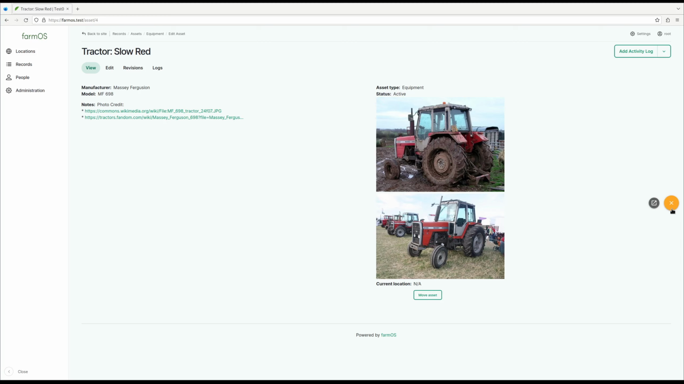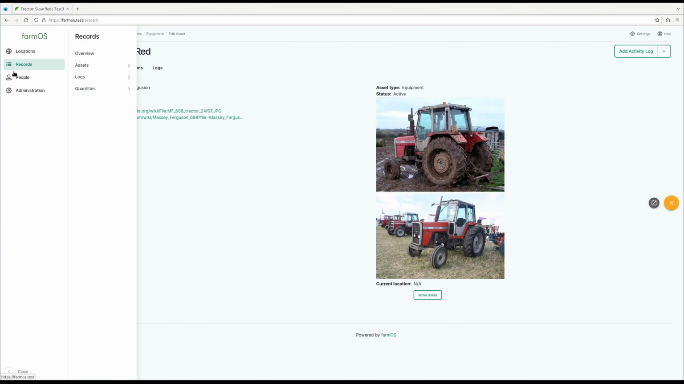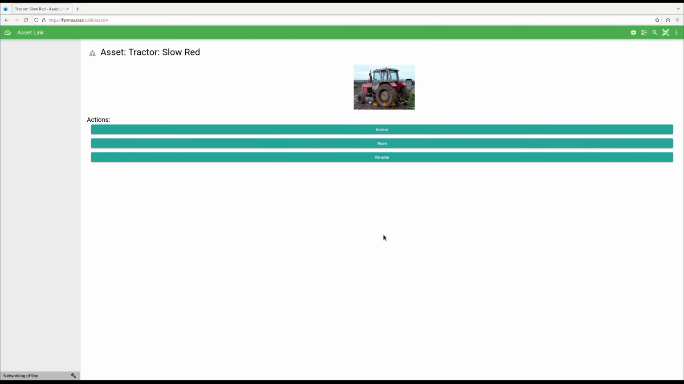When AssetLink loads its floating sidebar, it also caches the whole AssetLink application in the background. At this point, you can go offline and still have access to that asset in AssetLink. Either online or offline, clicking the Open in AssetLink link from the floating sidebar brings us to the AssetLink view